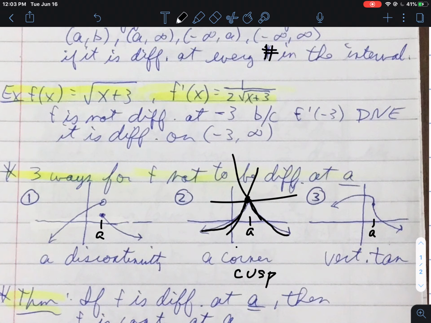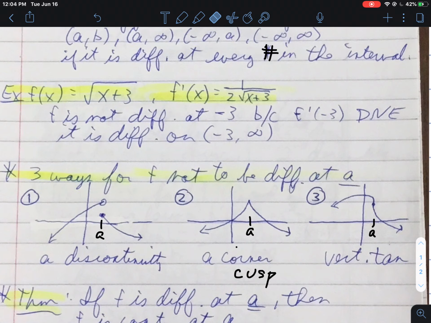I could even draw a tan line there, but it's not the direction of the curve. But the idea here is you have two different behaviors of your function on either side of that point, and there's no smooth transition from one side to the other. So bottom line, if you have any kind of sharp corner or cusp on the graph, you cannot differentiate the function there. The third possibility, these are not the easiest to see, and they don't really happen very often,